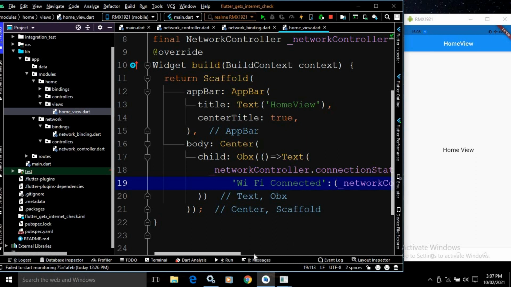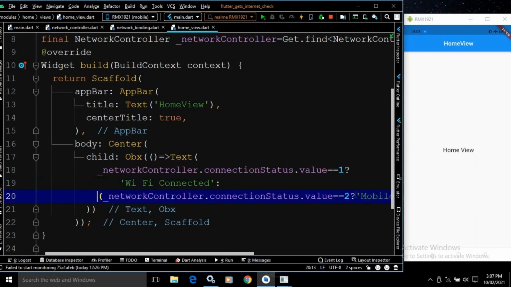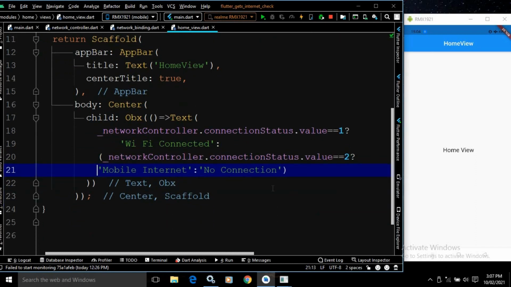Let me shrink this. Okay, let me put an enter, then it will be clear to you. So if the value of the connection status is 1, this means it is Wi-Fi connected. If the value is not 1, I will check whether the value is 2 or not. If it is 2, this means mobile internet is present.